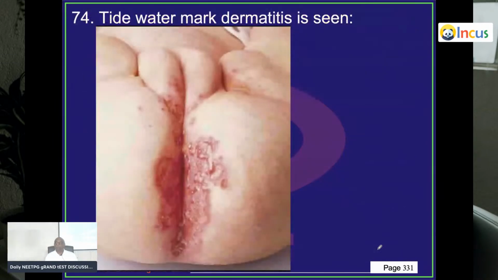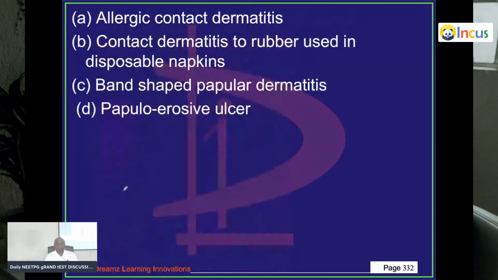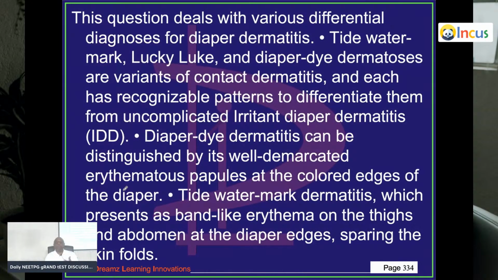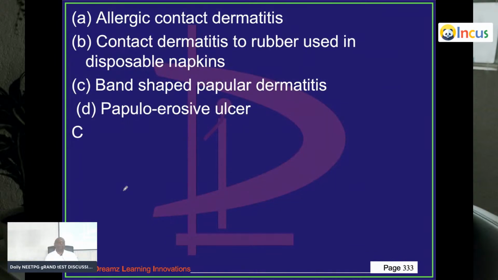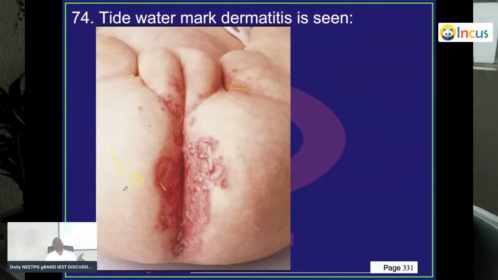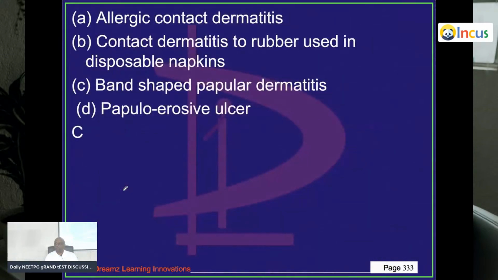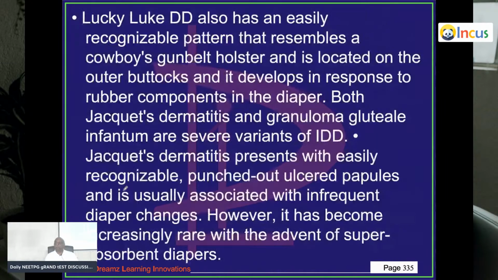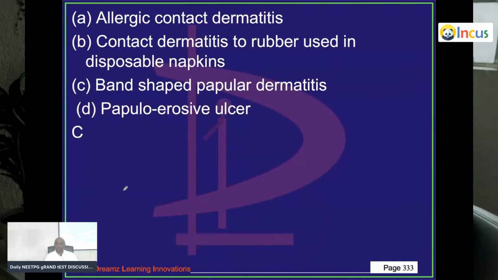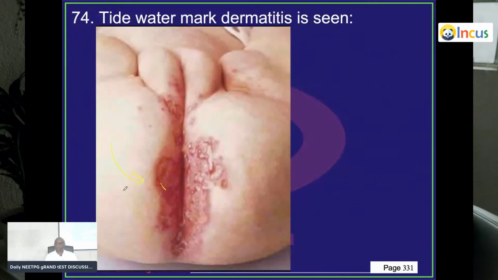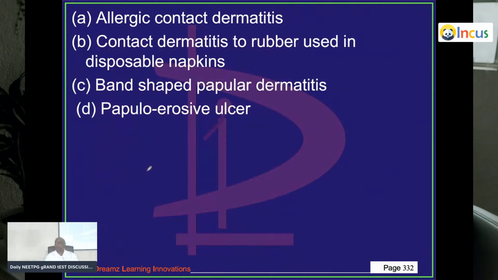So now, doctor, what is this called? Wide watermark dermatitis, otherwise called diaper dermatitis. So it's a band-shaped papular dermatitis. Band shape, it should be like a band. Papular, it is not an ulcer. Contact dermatitis used in disposable